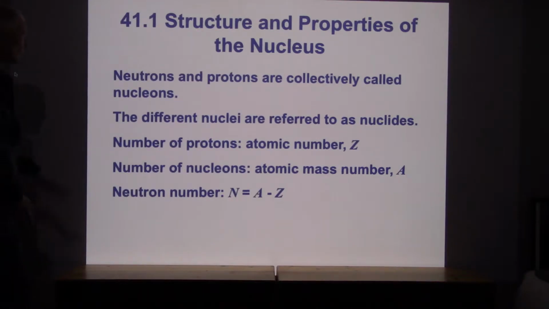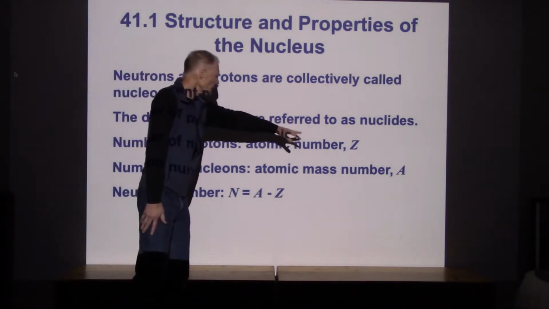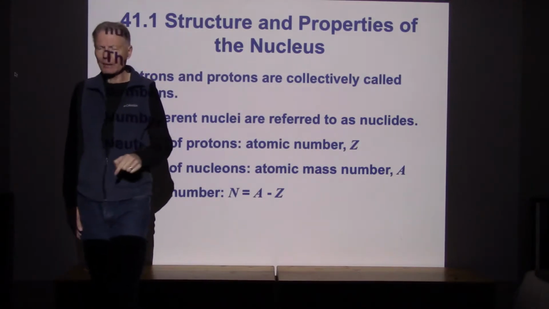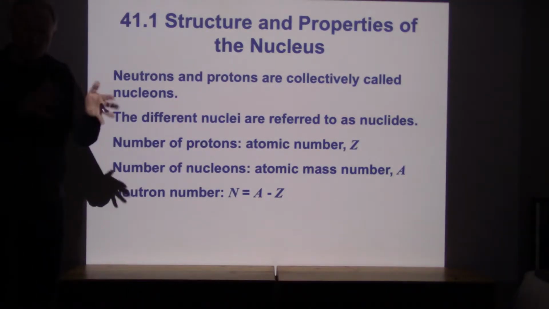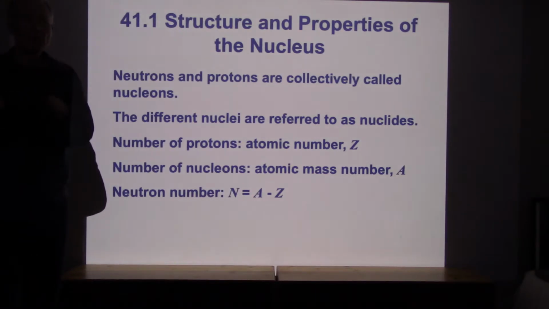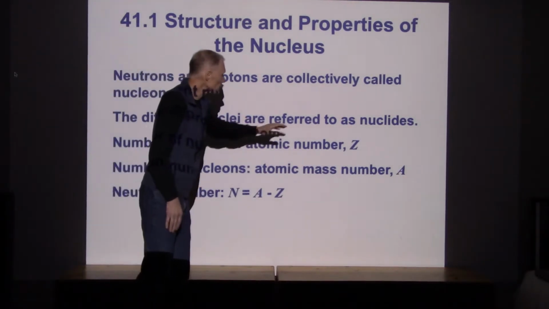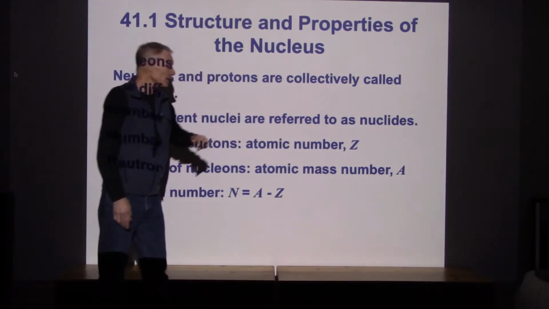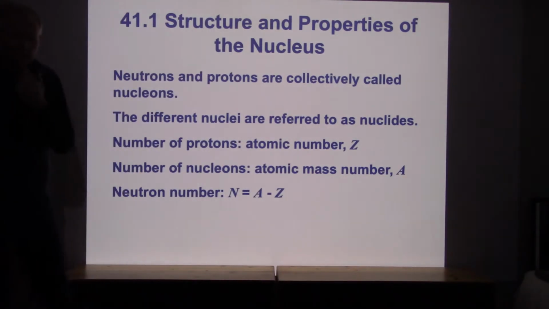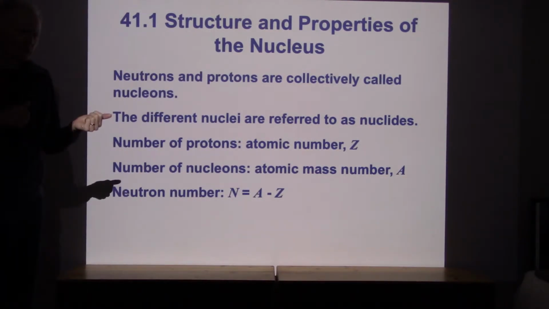And a couple things to keep in mind here. The atomic number Z tells us which element it is. So we classify nuclei based on how many protons are in the nucleus. It's the number of protons in the nucleus that determine the chemical properties of that particular element. So Z is also telling us where we're going to place this on the periodic table, tells us which element we have. And again, I think we mentioned this in earlier chapters, but it's the number of protons in the nucleus